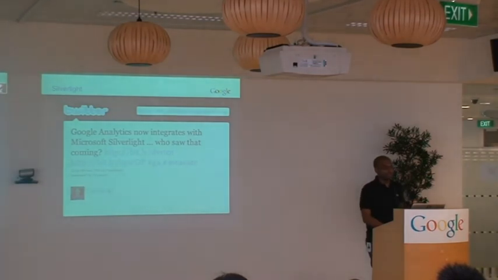So how are people interacting with your rich applications? Then there's Silverlight. This one took me by surprise. Took a lot of people by surprise because, Google, Microsoft, people didn't expect there to be much partnership. So even I tweeted about this when it happened. I said, who saw that coming? And I don't think many people did. I heard rumblings about it amongst the analytics team, but I thought it's just people dreaming.